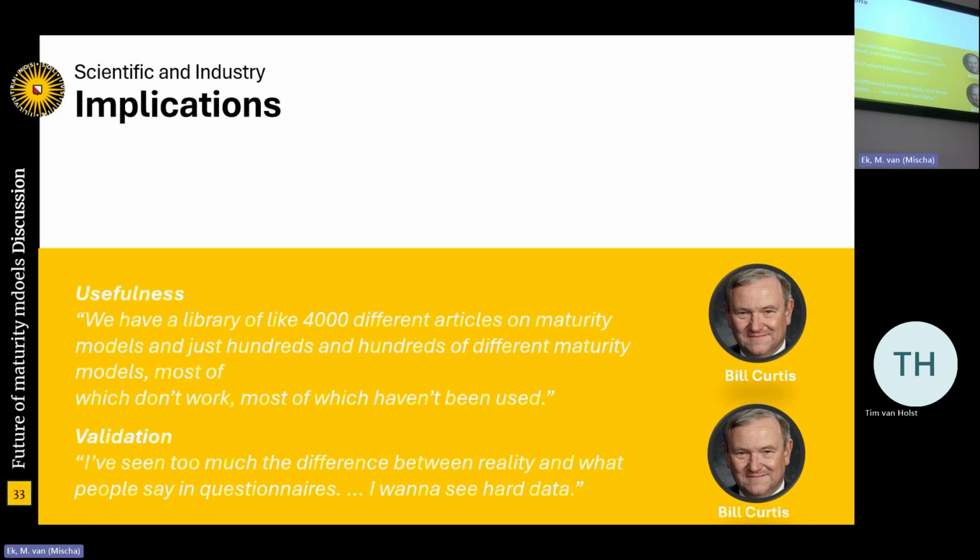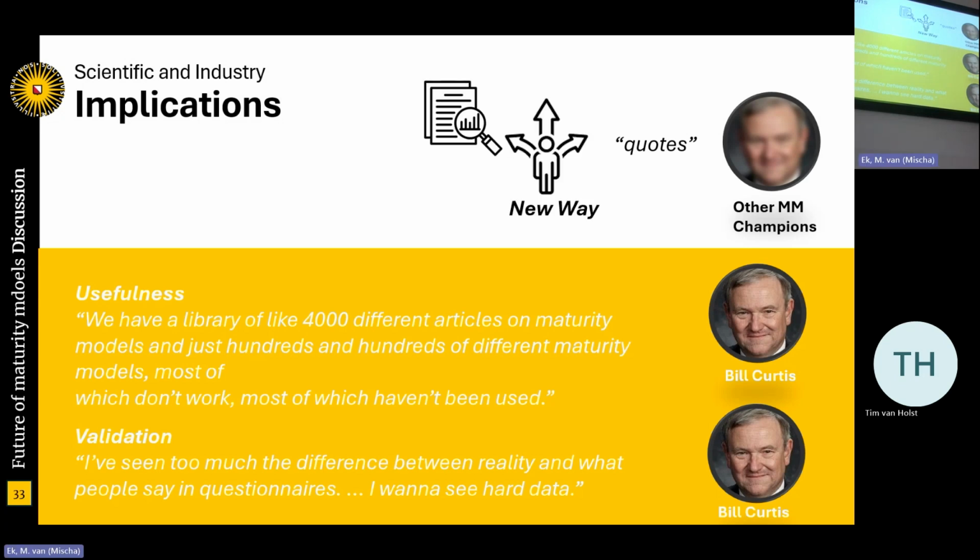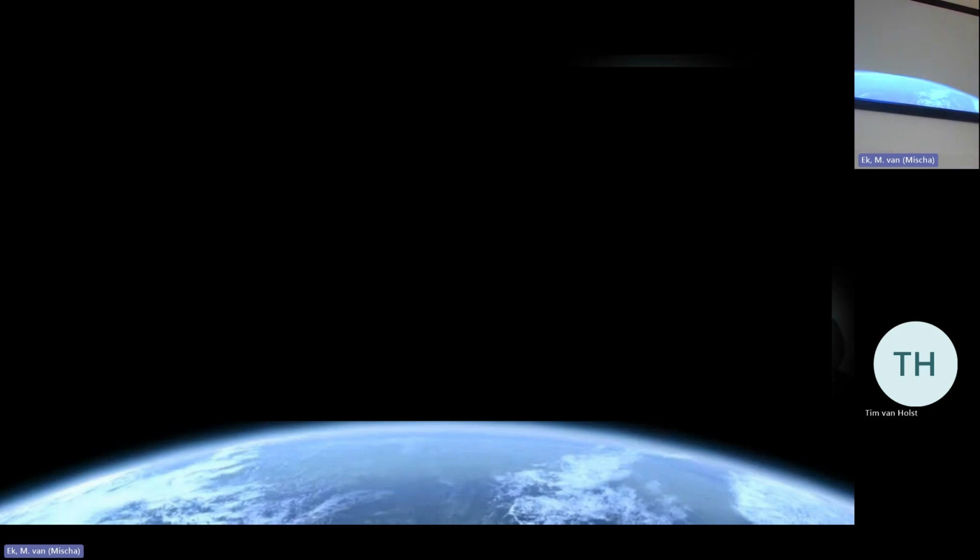That we just have a bit of a step plan, like you measure the burnout. If you measure with a maturity model, the higher level you go, the lower the percentage of burnout. Revolutionary. Just an amazing way to go forward. A bunch of other quotes, a bunch of new ways to go forwards. This is only part of it.